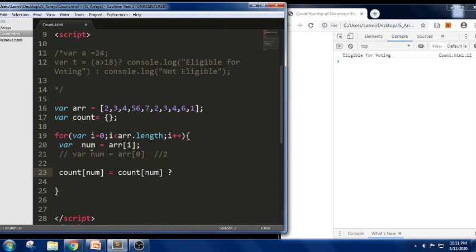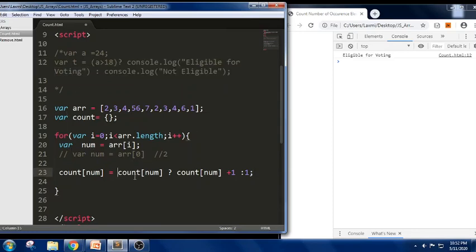I mean, it will add a count to it. If it is not there, it will just set it as 1. Let us understand this. So we are using the same ternary operator that we used here.